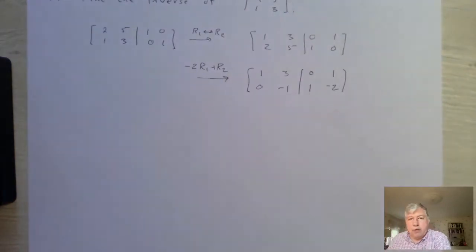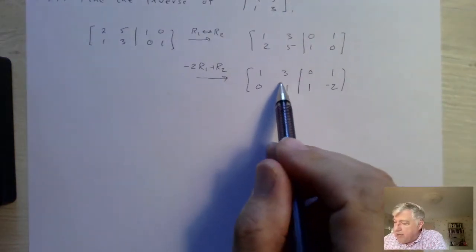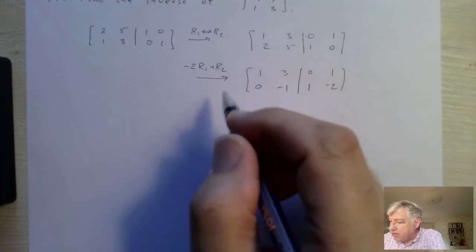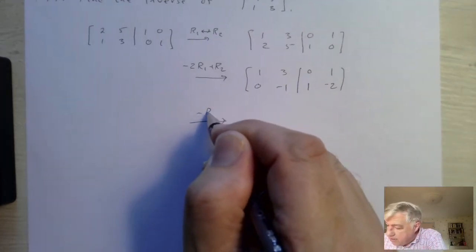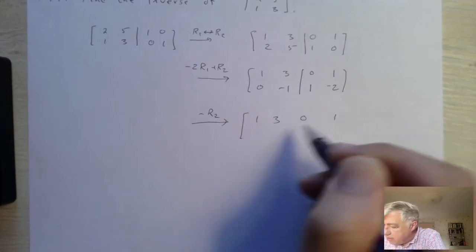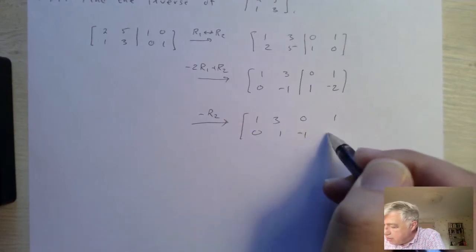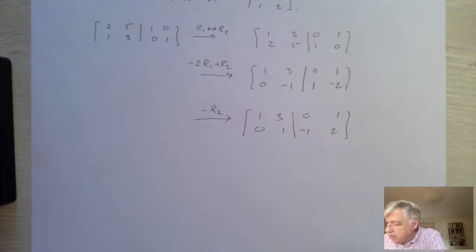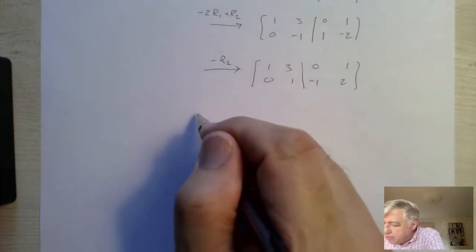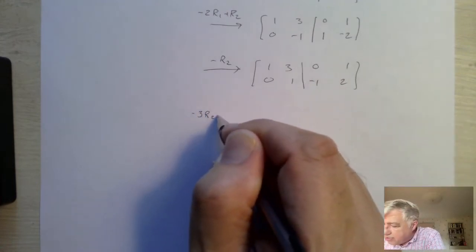Okay. And then we just want to make this pivot element to be positive 1. So we multiply this bottom row by negative 1. Okay. And then finally, we want to get rid of this 3, so we'll multiply negative 3R2 and add that